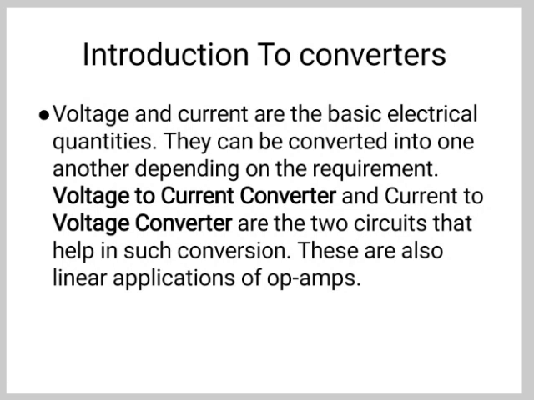So the electronic circuit which can be operated with analog signals is called an analog circuit. Similarly, the electronic circuit which can be operated with digital signals is called a digital circuit. A data converter is an electronic circuit that converts data from one form to another form. So there are basically two types of data converter, analog to digital and digital to analog converters.